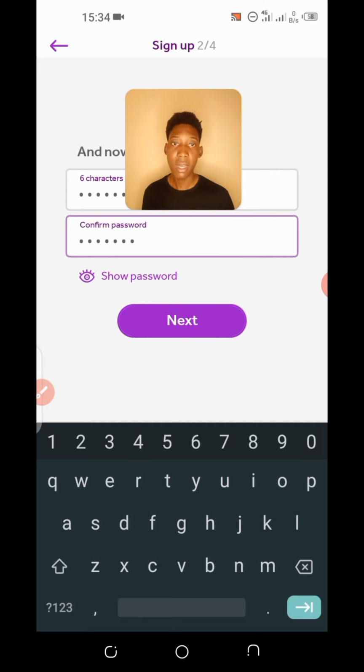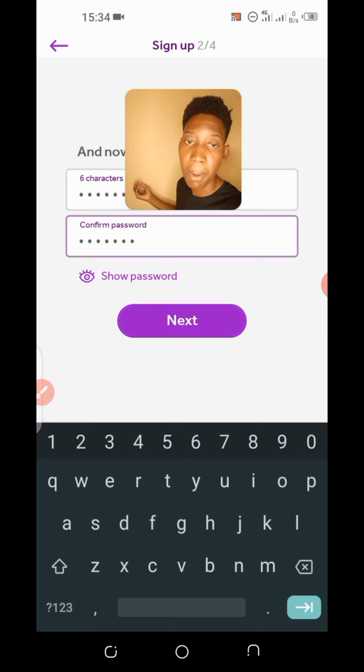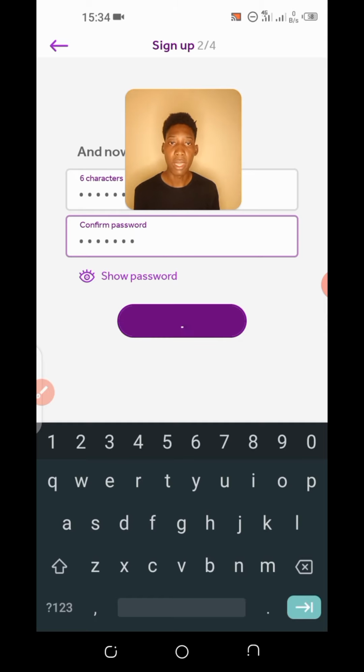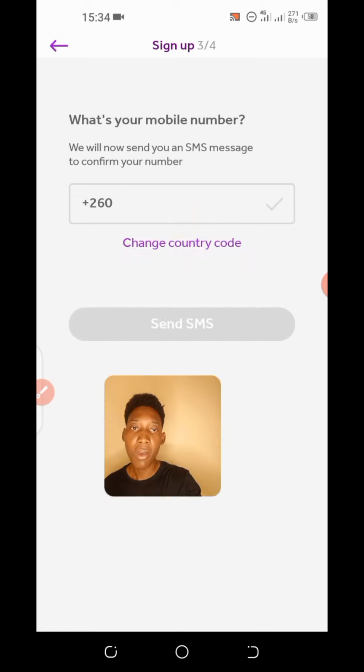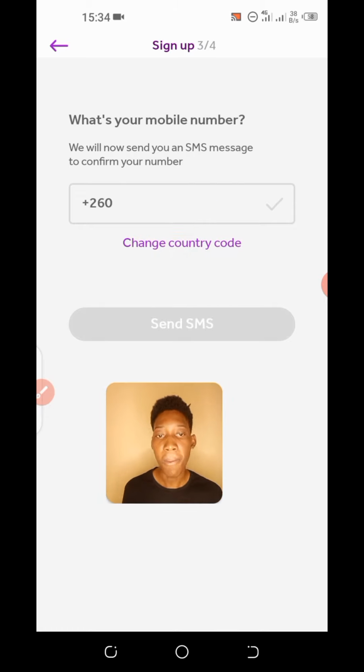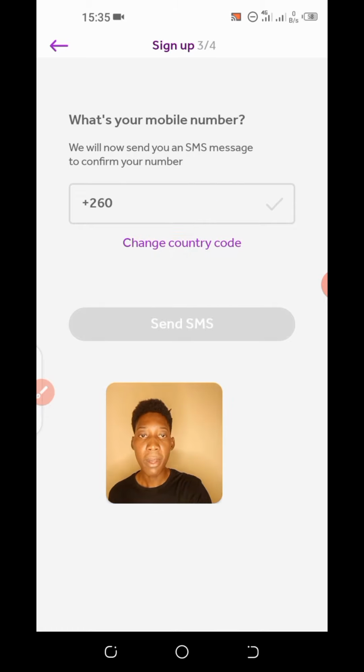So once you're done entering the password, all you have to do now is click on the button called next. Just wait for it. And in this step, we need to enter a phone number. So my number is